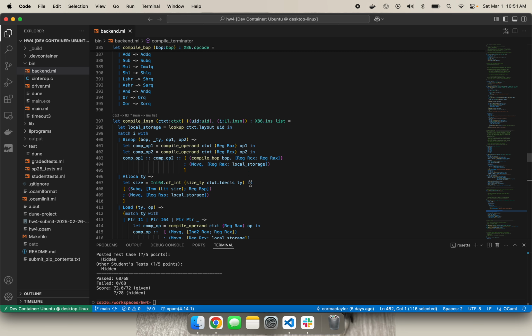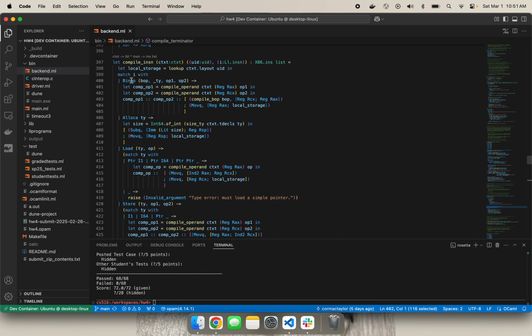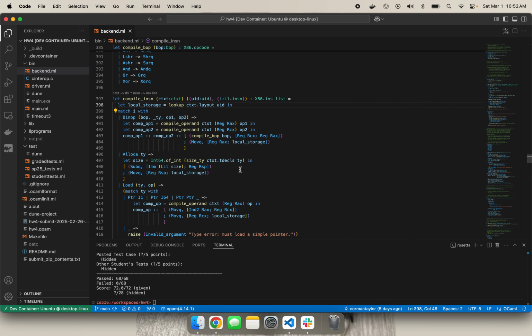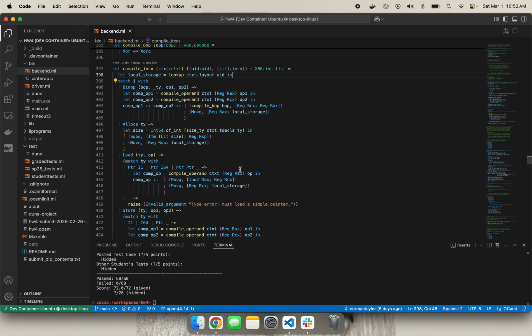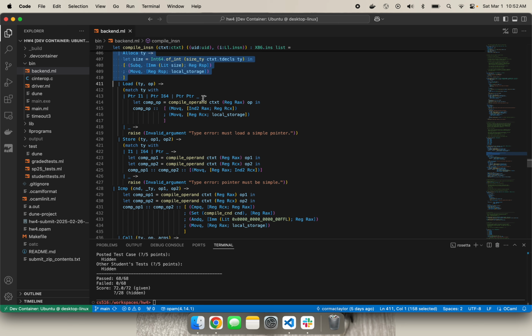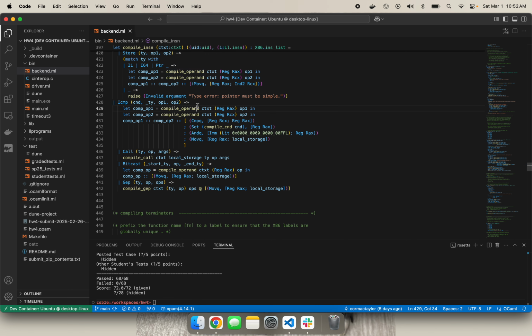I guess one of the cooler parts of this was compile instruction, where we grouped all of the binary operations into a single class, where we had this function to translate things, because they're all pretty much copy paste the same. And then we have allocate, which is dynamic stack allocation, which is not handled by our stack layout, which was done beforehand. Then loading something from the stack, storing to something on the stack, comparing values, call, typecasting, and get element pointer,